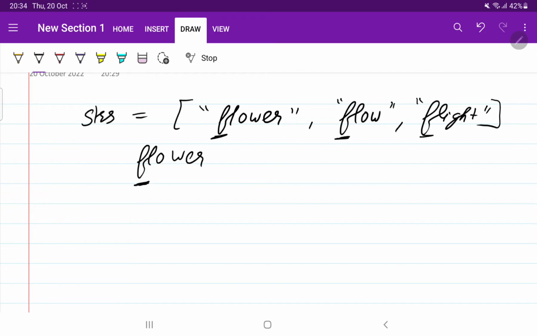So F is there, yes, F is there. The second letter is L, so we will check L is there, L is there, yes, it's there in the other two. So first of all we will add F here, because we checked F. If F is present in all the words, we are going to write F. Then we will check for the second letter L. So you see L, L, L. L is also present, so we add one more character to the string: FL. Then we will come to the third letter. So O, here also O, but here it's I. As soon as we get a different letter, it means we have to return our result, that is FL. So we will return our result.